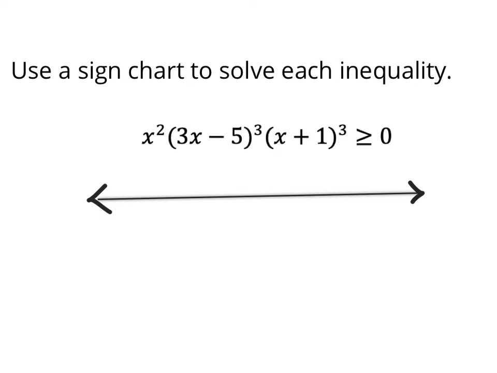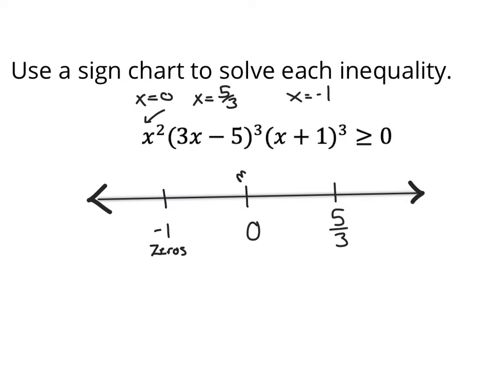On this number line, I place the zeros of the inequality. This would give me x equals 0. The second factor would give me x equals 5/3, and the third factor would give me x equals -1. So I place each of these on my number line. These are my zeros. I also state the multiplicity of each zero. So 0 has multiplicity of 2, 5/3 has multiplicity 3,